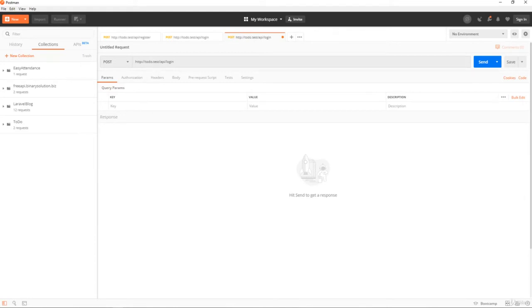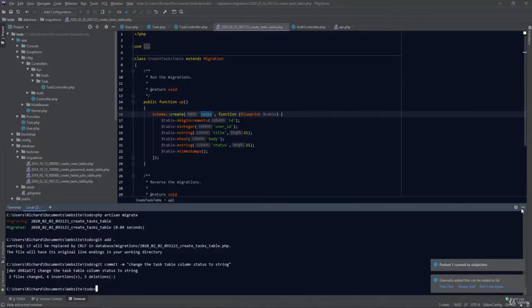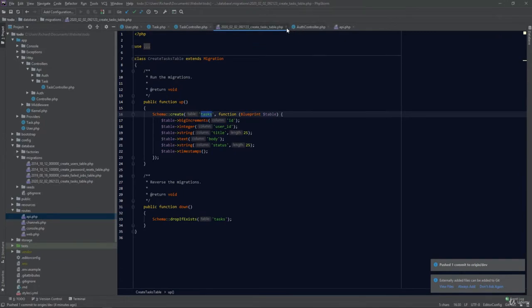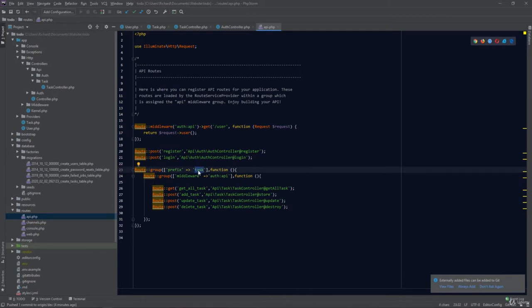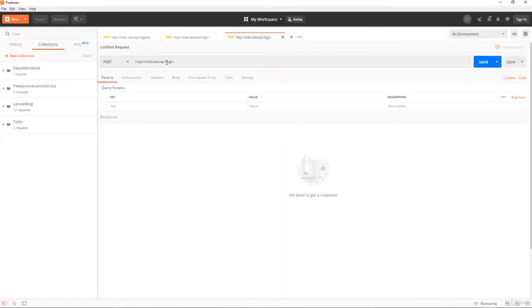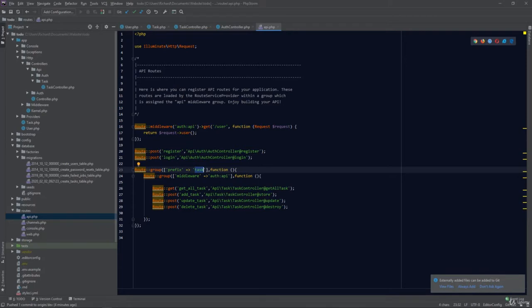If we go back to the route list and go to the API route, we have a prefix of tags. So after API, we have a prefix of tags. Just copy this, and that should be API and the tasks. This is a prefix that we have set. API is the default API route, and we have set a prefix of tags, and then the route endpoint.